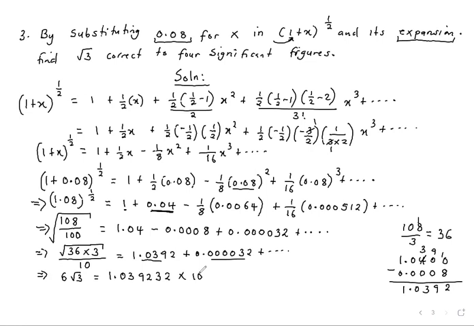We cross multiply by this 10 here, so that 6 root 3 is equal to, now we are approximating, 10.39232. Because when you're multiplying by 10, you just move the decimal by 1 place to the right. Then divide by 6. This implies that root 3 is approximately